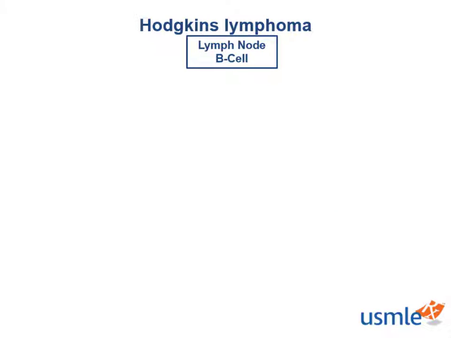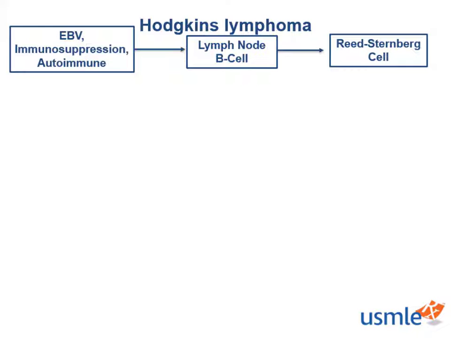Hodgkin's lymphoma most commonly arises from a B cell within a lymph node that transforms into a malignant B cell called a Reed-Sternberg cell. What causes this B cell to become malignant? Well, Epstein-Barr virus is infamous for infecting B cells. Viruses, as you may know, can enter the nucleus of cells and as such can reprogram B cells to become malignant Reed-Sternberg cells. Moreover, immunosuppression can cause this as well, because patients on organ transplant immunosuppressives or HIV patients lacking